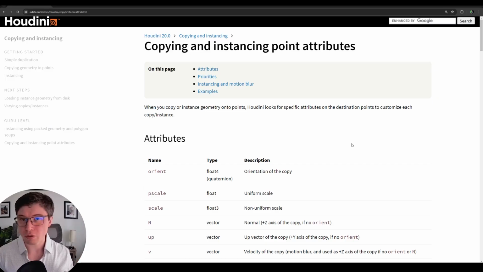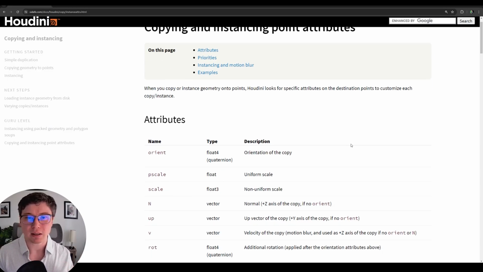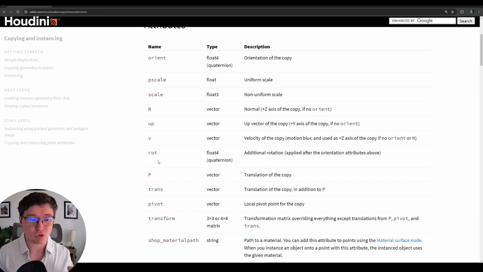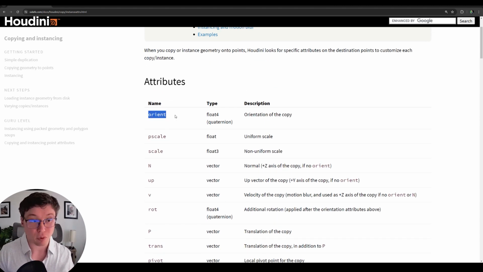One thing to understand, the instancing point attribute is relying on a bunch of attributes to basically drive the scale, the orientation, and all that good stuff, right? So for example, orient is a great one to drive the orientation of your object. pscale is basically the uniform scale. Scale is driving the non-uniform scale.